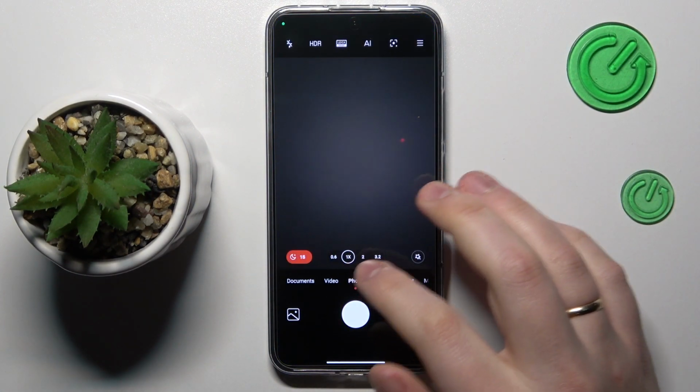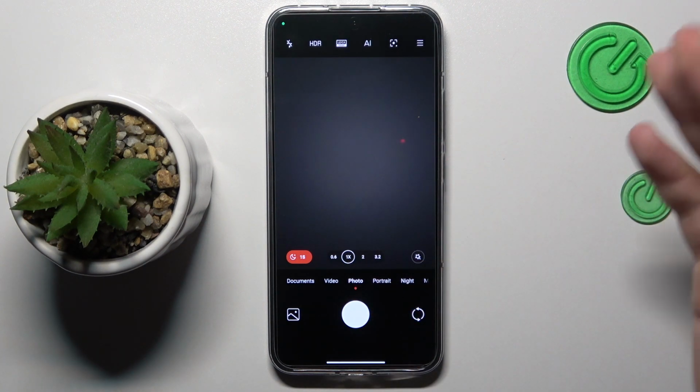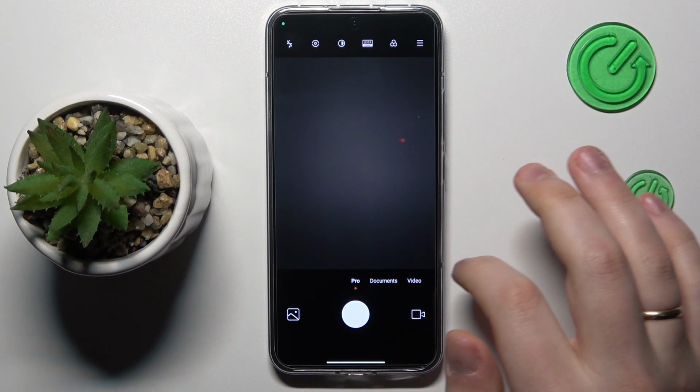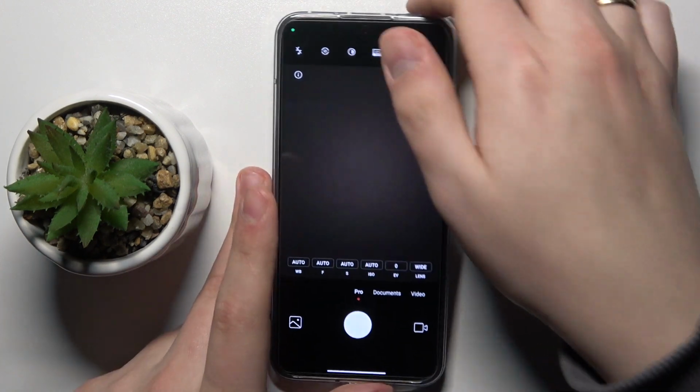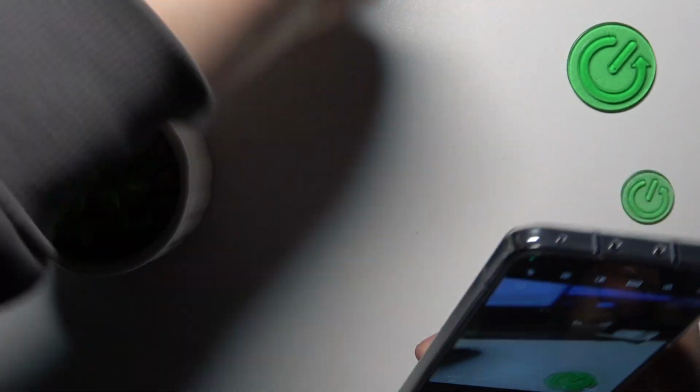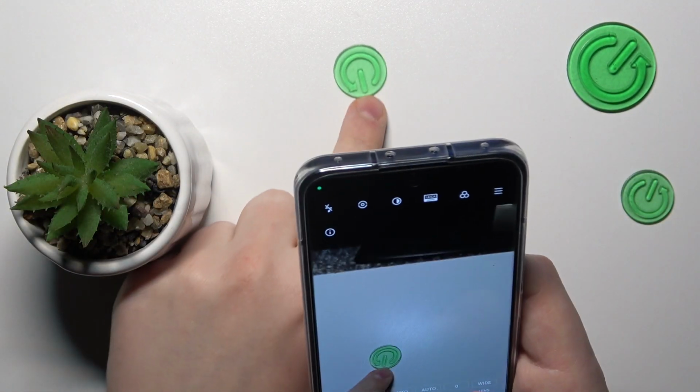Then among the start options that you have, or start modes that you have over here, scroll it to the right until you'll enter the pro mode. While in it, you can manually change such camera parameters as